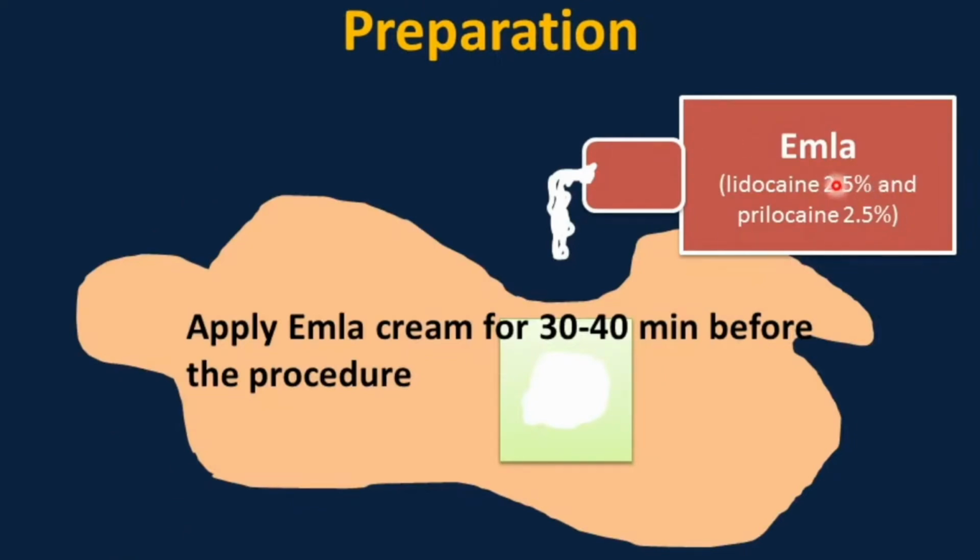Using EMLA cream before the procedure is very important, even in neonates. It will decrease the pain while you are inserting the needle, even if you're going to use a local lidocaine or local infiltration anesthesia. EMLA is a lidocaine and prilocaine, and you can use it 30 to 40 minutes before